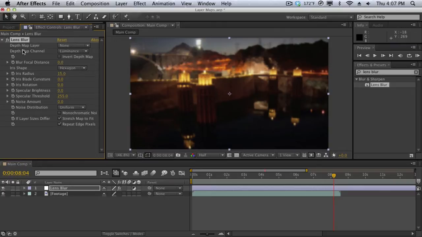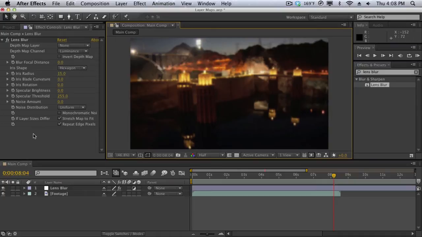Now, keep in mind that lens blur isn't the only effect that has an optional layer map option. There's a lot of effects out there that have the same option. For example, Trapcode Particular, Trapcode Form, the displacement map. There are a lot of effects out there that give you the option to use a layer map to control the effect, and it'll be very useful as you progress and create more advanced projects and use more advanced effects. So to show you guys what layer maps do, I'm going to create a very basic fake depth map,